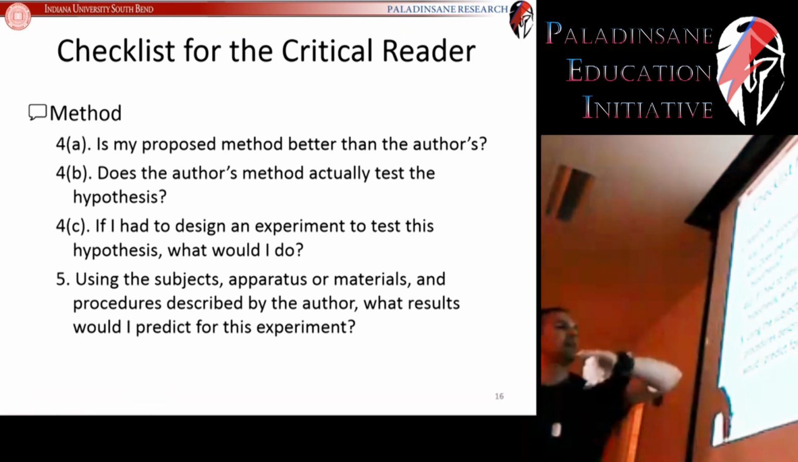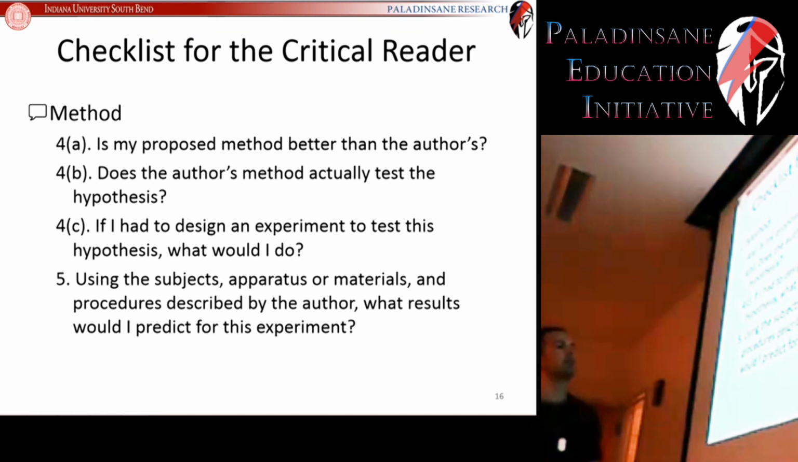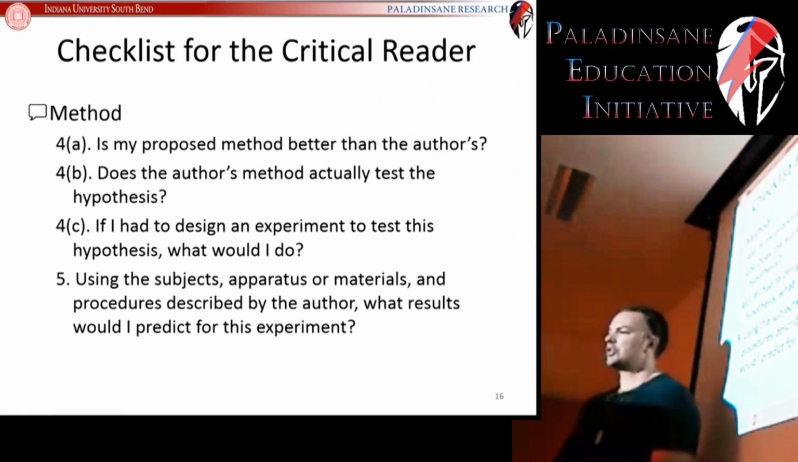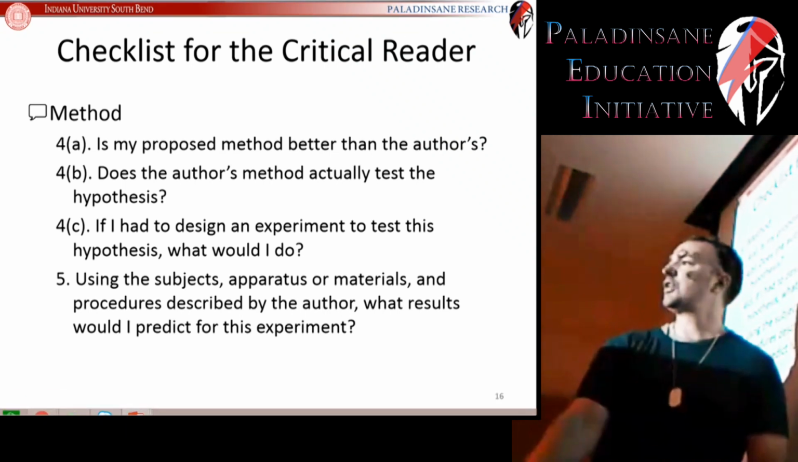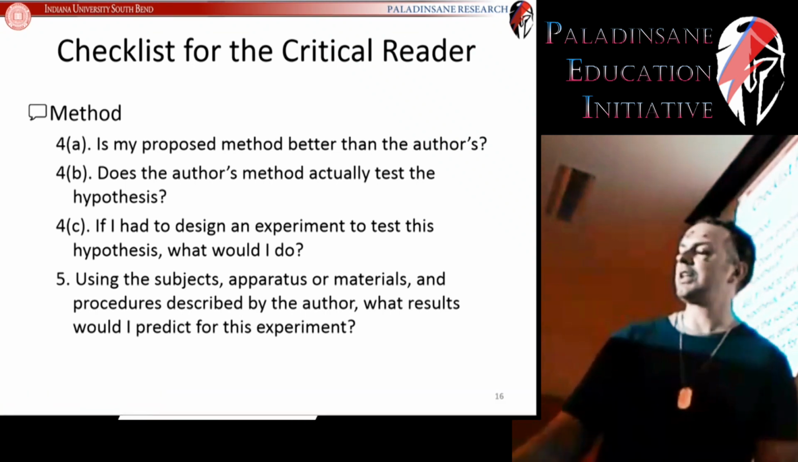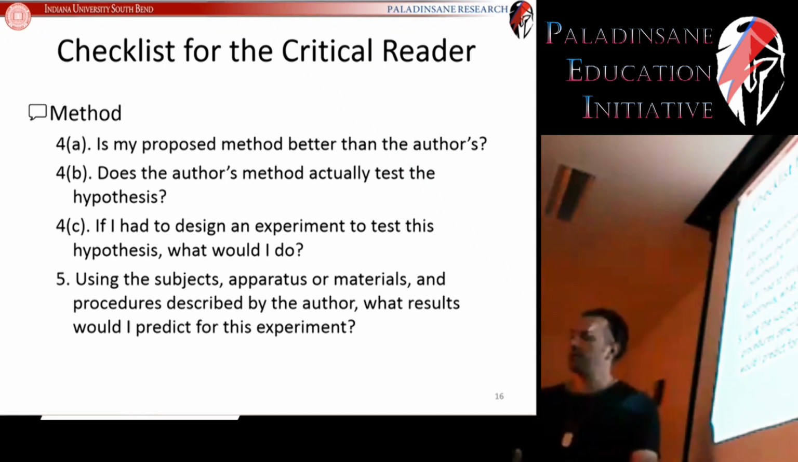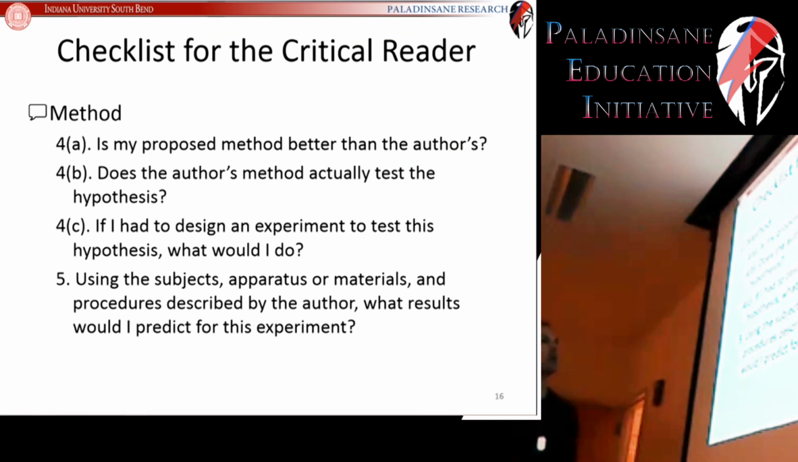And then lastly, if I had to design an experiment to test this hypothesis, what would I do? Now that you've come up with your idea, now that you've seen their idea, see if you can improve on it, right? Again, actively engage and see, given everything that you've read, is this the best way to do it? Maybe we shouldn't do it this way. Maybe we should do it in a different way. So